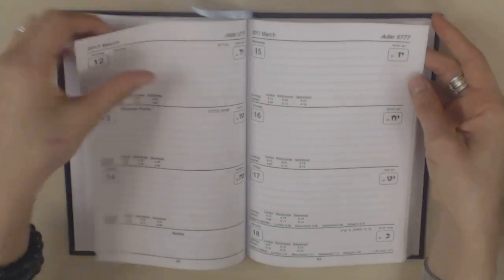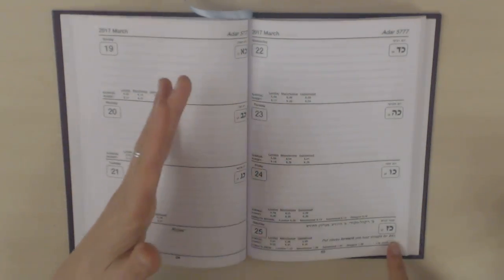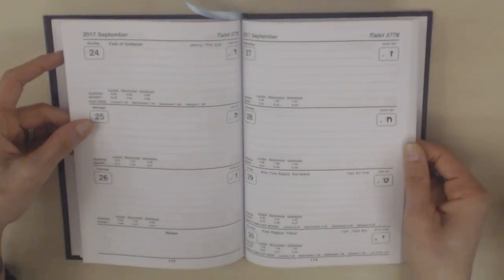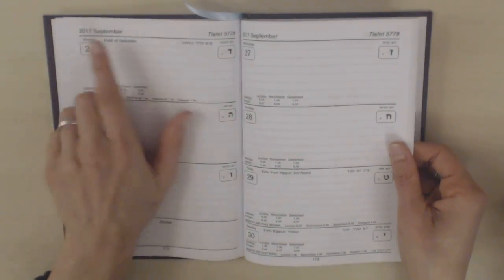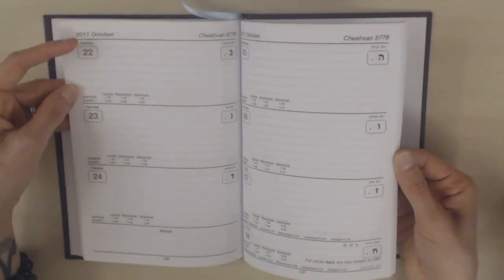So it marks things like holidays, British holidays. And where was it? It's disappeared. Put clocks forward 1 hour tonight for BST, British Summertime. So it's very, very Anglo-centric. It's designed for people who live in the UK. And it just carries on like that, always giving you the English month and year and the Hebrew month and year at the top. And it goes